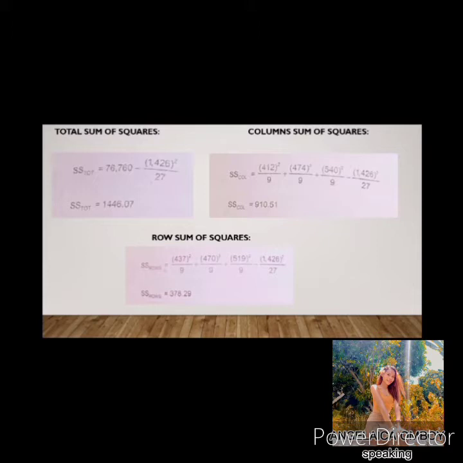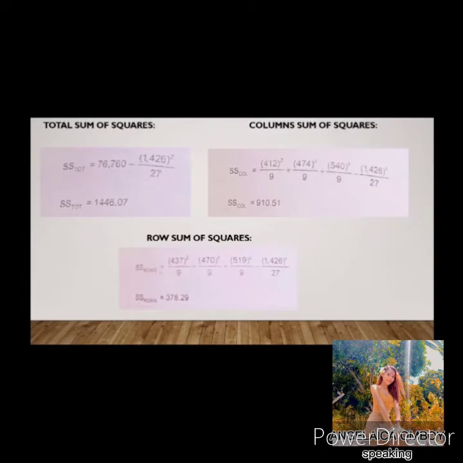Total sum of squares. It shows here the formula on how to get the SS or sum of squares. Sum of squares is equal to 760 minus the quantity of 1426 squared over 27. The total sum of squares is equal to 1446.07. Column sum of squares is equal to the quantity of 412 squared over 9 plus the quantity of 474 squared over 9